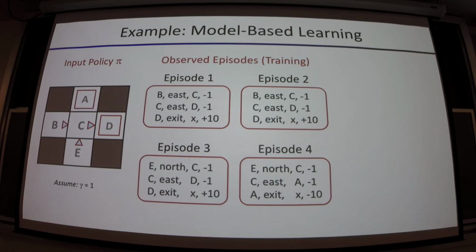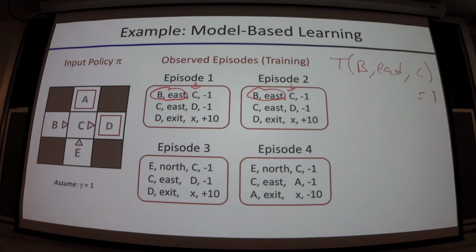So let's say that we're looking for the transition probability, or the transition function, if we started in B, chose east, and landed in C, right? We can say, well, I saw that happen. I saw this state-action pair happen, right? And the outcome was this 100% of the time, right? So we can say, under our observations, this probability is certain.